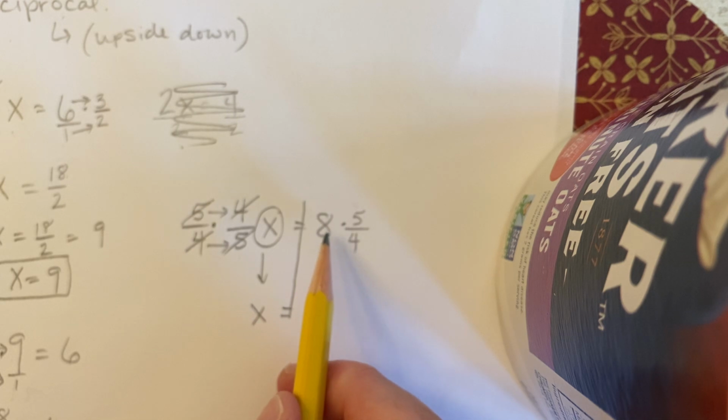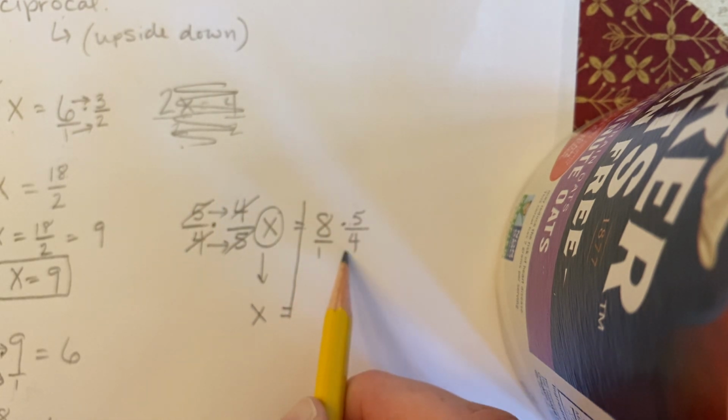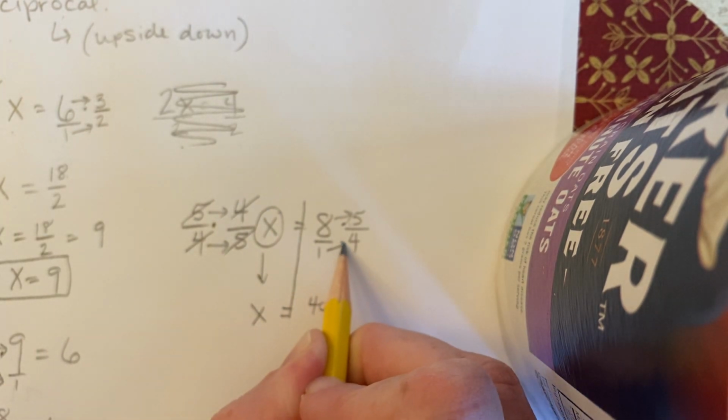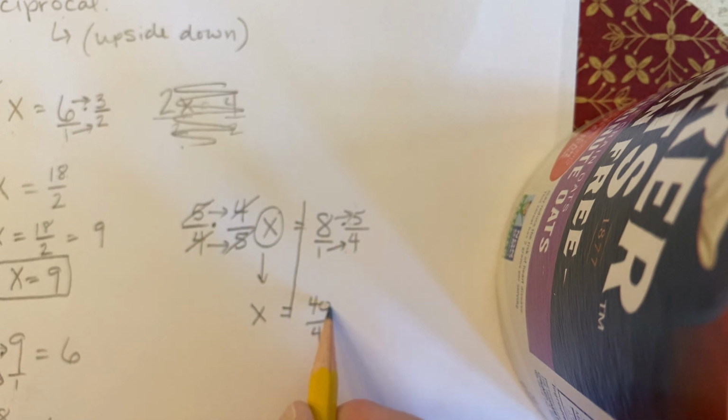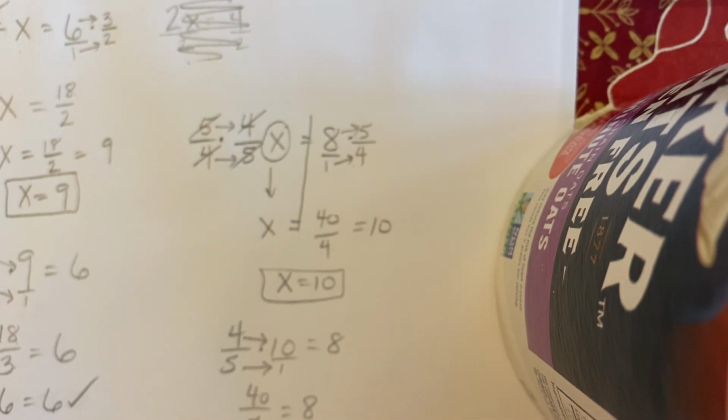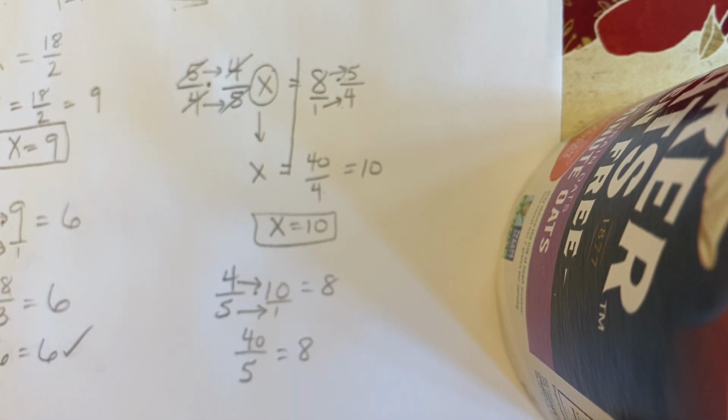Now I can multiply 8 over 1 times 5/4. 8 times 5 is 40. 1 times 4 is 4. 40 divided by 4 gives me x equals 10. X equals 10, final answer. So is 4/5 of 10 equal to 8? Let's check it. 4 times 10 is 40. 5 times 1 is 5. And 40 divided by 5 is